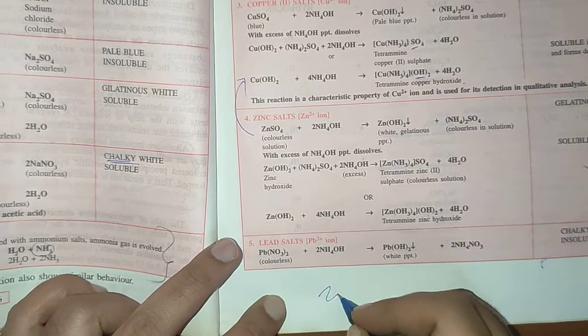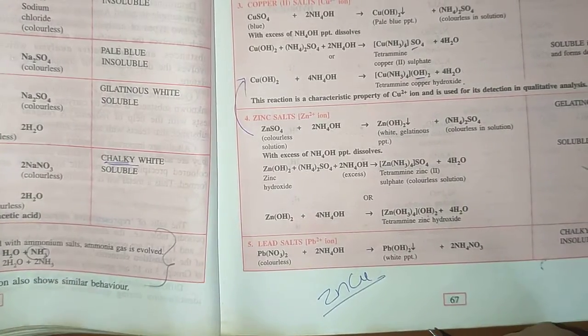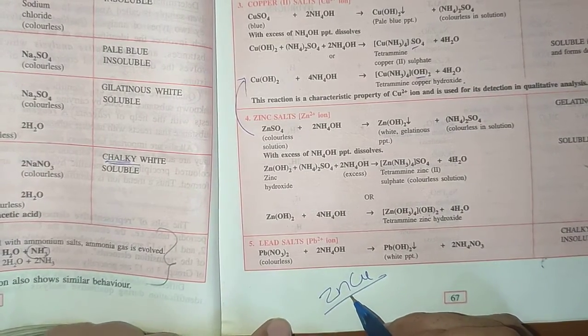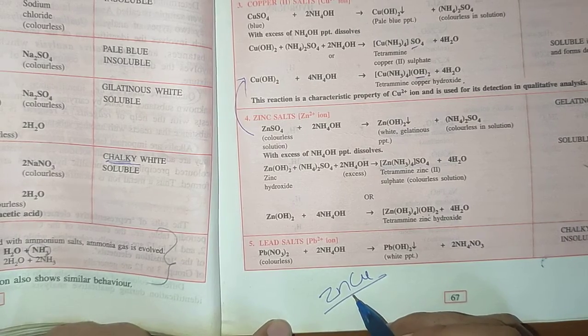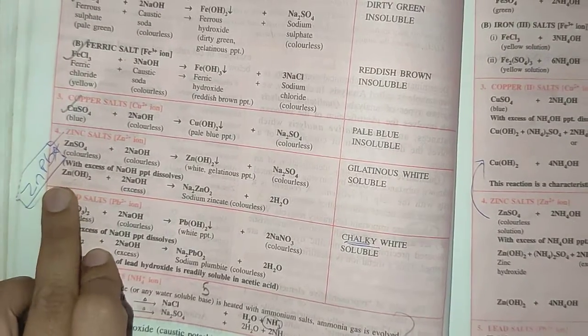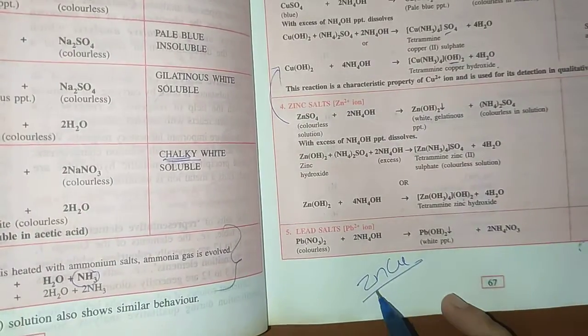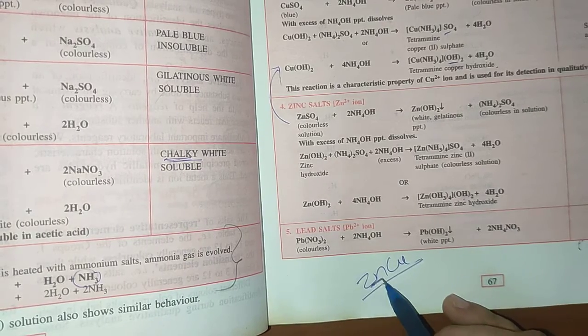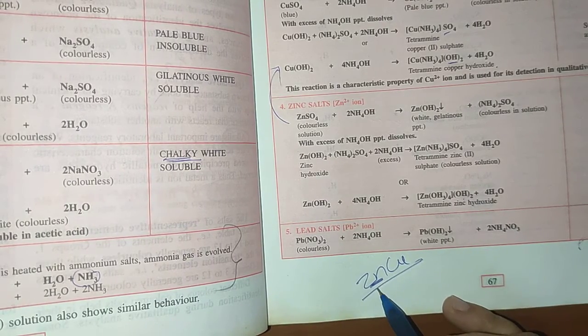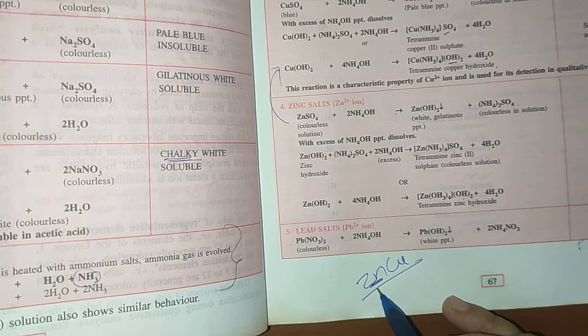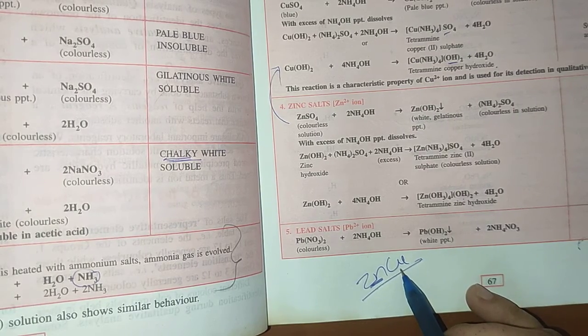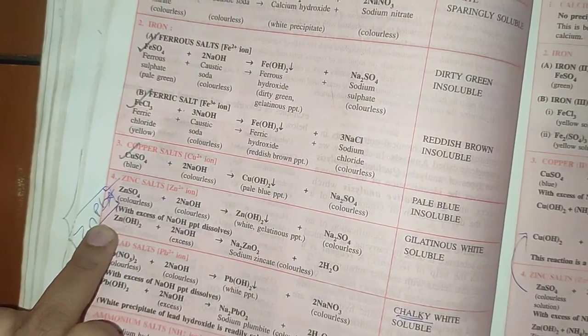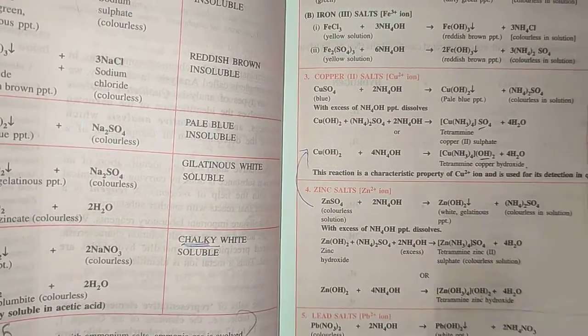So here, what is the question generally asked? Name an ion whose hydroxide is soluble in excess of NaOH and also in excess of NH4OH. So you can identify, here it is Zn and Pb and here it is Zn and Cu. So both ways what you are finding is Zn. Zn is soluble in excess of NaOH and also excess of NH4OH, and copper is soluble in excess of NH4OH, and Pb is soluble in excess of NaOH. So the excess ones are generally being asked in exam. They are very, very important for you. You just be thorough with it.